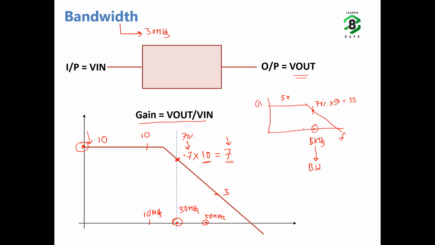So step 1, you plot the transfer function. Transfer function means V out by V in for different frequency components, DC and then AC sinusoidal frequency components. Then you observe the DC gain. After you observe the DC gain, you find the 70% value of the DC gain, and at that value find the corresponding frequency. You call the bandwidth of the system that corresponding frequency.